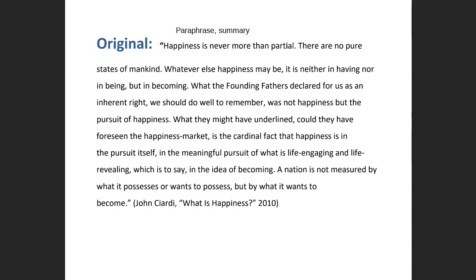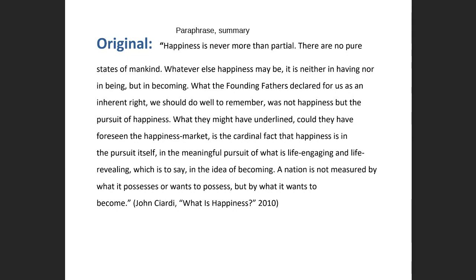And I'm using this as a sample for you to kind of walk you through what to do. What the Founding Fathers declared for us as an inherent right, we should do well to remember, was not happiness, but the pursuit of happiness. What they might have underlined, could they have foreseen the happiness market, is the cardinal fact that happiness is in the pursuit itself, and the meaningful pursuit of what is life-engaging and life-revealing, which is to say, in the idea